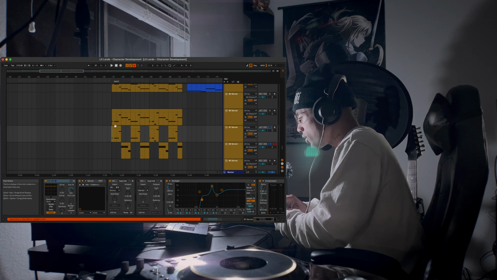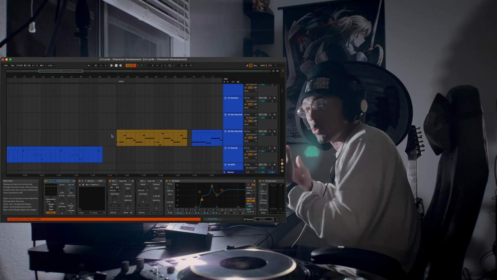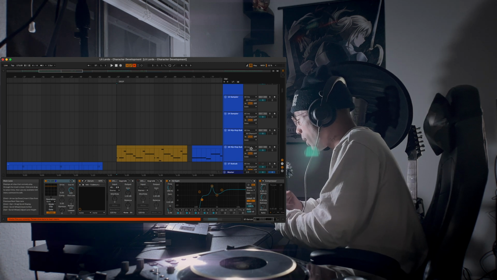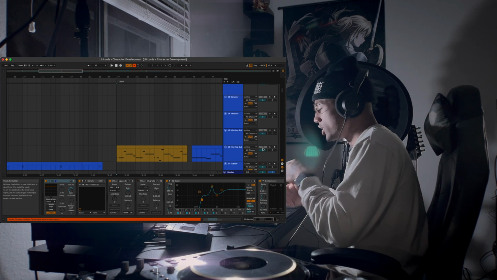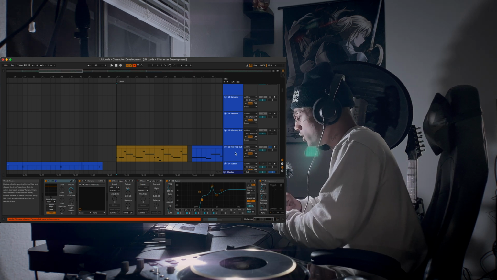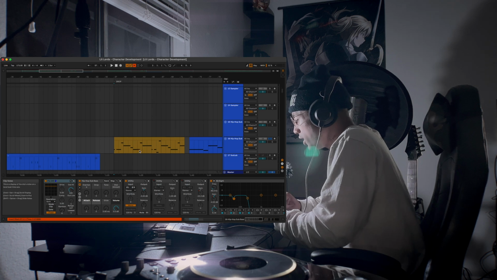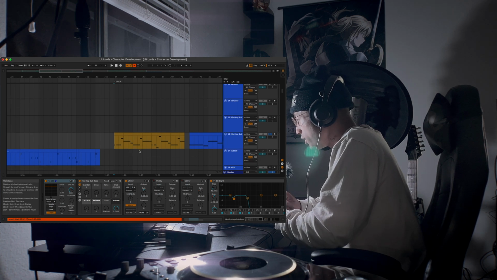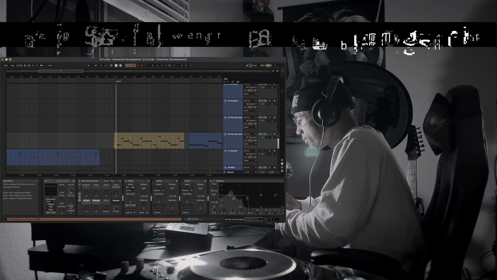When we go in and play with our low end now, I did all the low end separately in the mix, using a hip-hop sub bass because I wanted it to be clear. I wanted the low end to be untouched by everything else in the mix and really have its own space. So I used the hip-hop sub bass, which is a stock instrument inside of Ableton Live here. So when we layer that together,